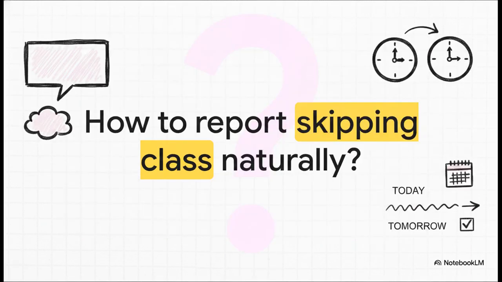Which brings us to your final homework assignment for today's explainer. If a friend gossips, I am skipping class today, how would you take that direct quote, apply the rules of time and tense shifting we just learned, but deliver it casually tomorrow like a true native speaker? Maybe something like, apparently she was skipping class yesterday. Remember, the rules of grammar are really just tools, Year 10. Once you master the mechanics to pass your exams, the real fun is learning how to bend them to tell your own story. So what story will you tell? Class dismissed.